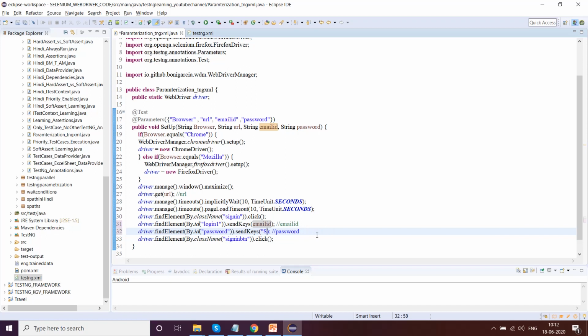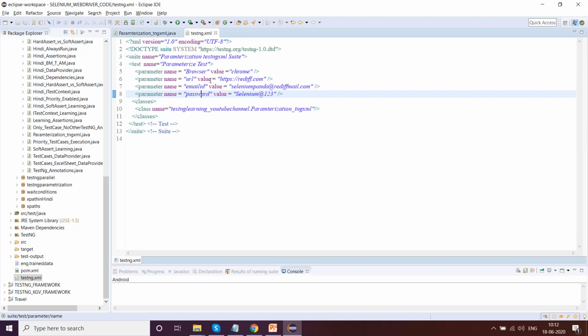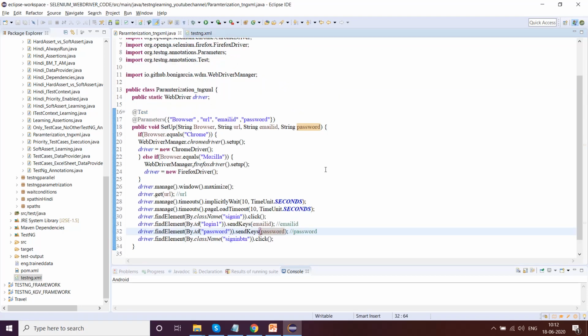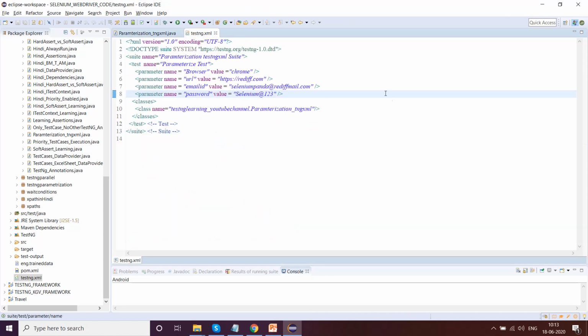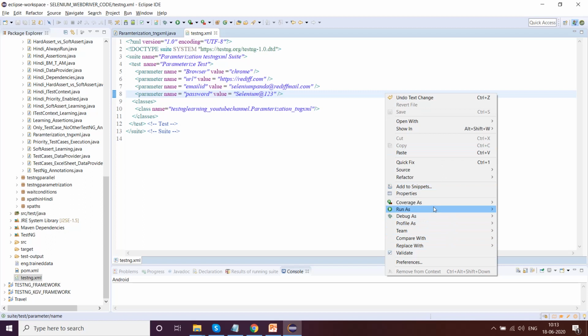You have to keep it exactly the way you have written inside the testng.xml file, password. So this is done. We have testng XML as well, and we have changed it in our class file as well. So let's go ahead and run this particular testng.xml file. If we encounter an error, we'll fix it.